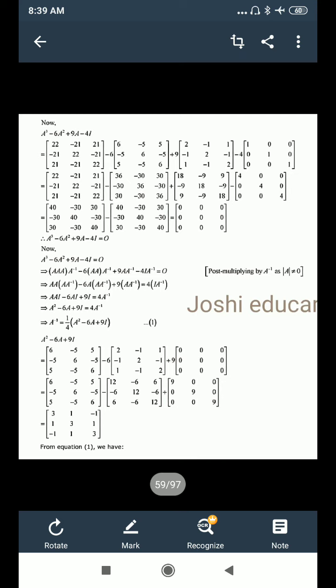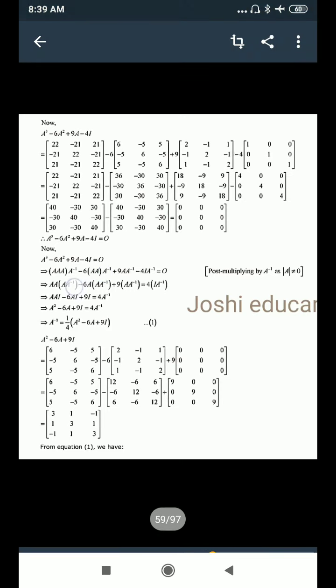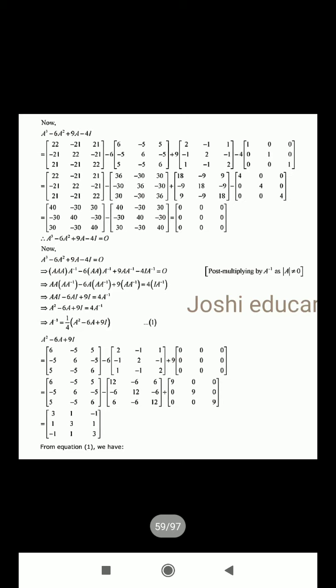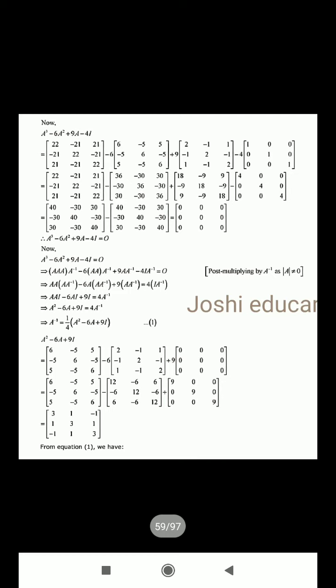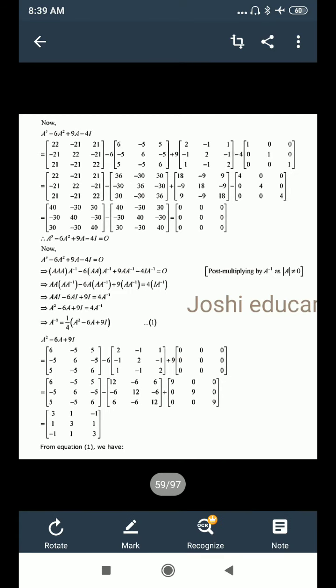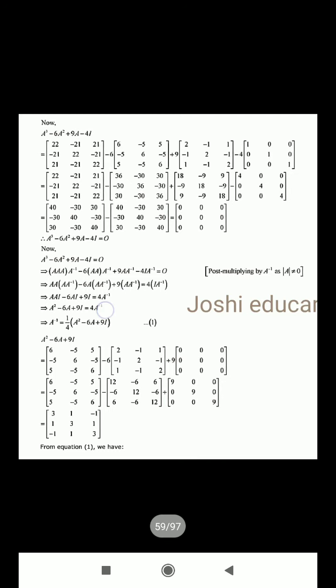Now to find A inverse, as we did in the previous question, you multiply all the terms of this by A inverse. So it is A into A inverse, A into A inverse again. We can club this A and A inverse, and this A and A inverse. This is already A into A inverse. 4AI into A inverse we can change over to this side. Now A into A inverse is the identity matrix, and I into A inverse is equal to A inverse only. So you will have 4A inverse is equal to A square minus 6A plus 9I.